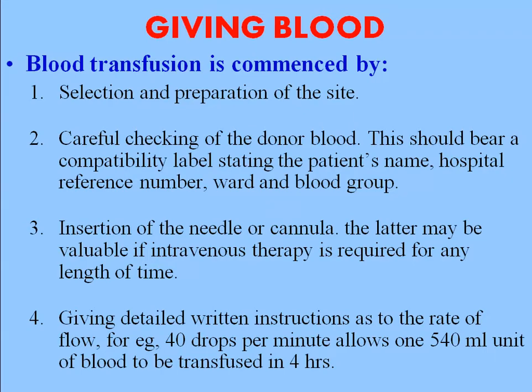Then you write the instructions. You start the blood transfusion at a slow rate, that is around 3 to 4 drops per minute, and then you continue it, slowly increase the pace, and you can end it at around 10 to 12 drops per minute. And usually the process should take about 4 to 6 hours. In India, the amount of blood that is collected in one point is around 330 ml, whereas in other countries it can be even more, around 450 to 540 ml can be given.